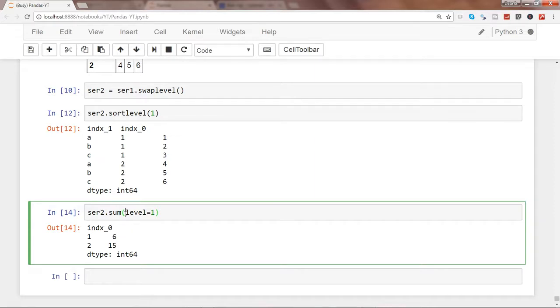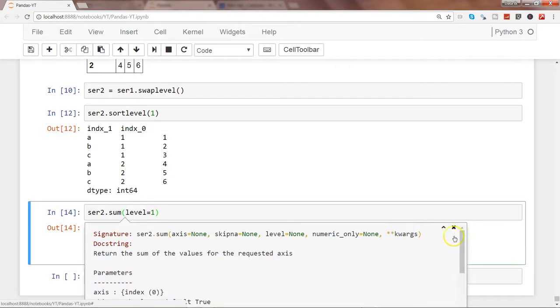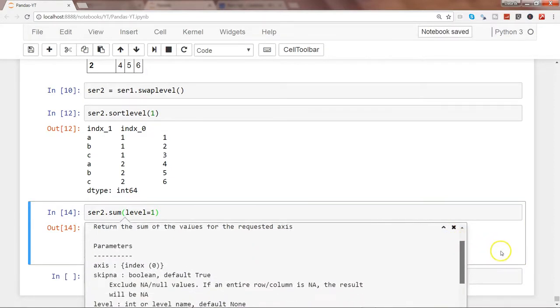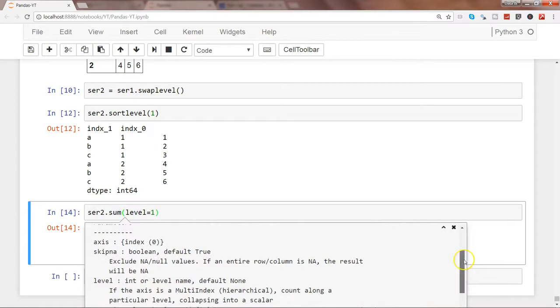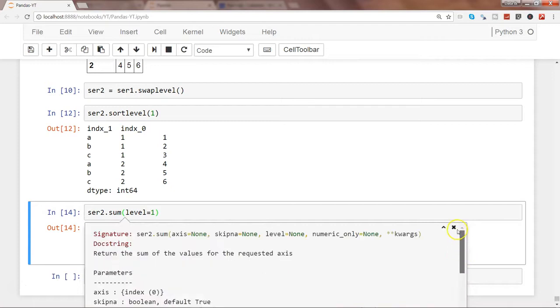And you can see its additional properties by pressing shift tab. Again, axis is equal to none, skipna, whether you want to skip any or not, and you can actually expand its properties so that you can go down there and see its different properties and their explanations about what it is. So what we are using over here is simply the level parameter, but nothing else, because it's a pretty basic and simple example just to understand how the sum basically works based on the different levels that we have in the